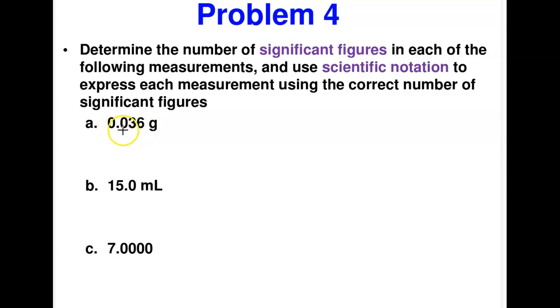Here we have these two numbers are leading zeros, they're not significant, so we have 2 significant figures in this number. And then if we want to convert it to scientific notation, it's going to be 3.6 times 10 to the power of -2, because this is a negative exponent when you have 2 zeros in front. For this one, how many digits do we have here? This 0 is a trailing 0, but because of this decimal, it is significant. So we have 3